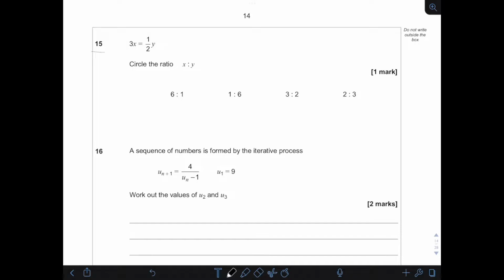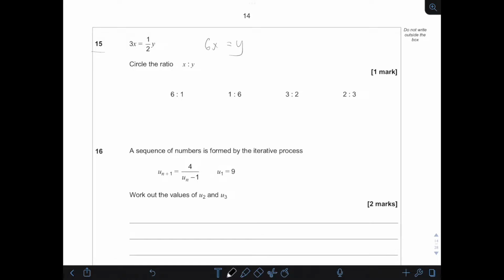The way to do this is to first convert x and y into just x equals to some form of y, or the other way around. So in this case, we can multiply both sides by 2. We get 6x equals to y, which means that if we were to create a ratio, we need to